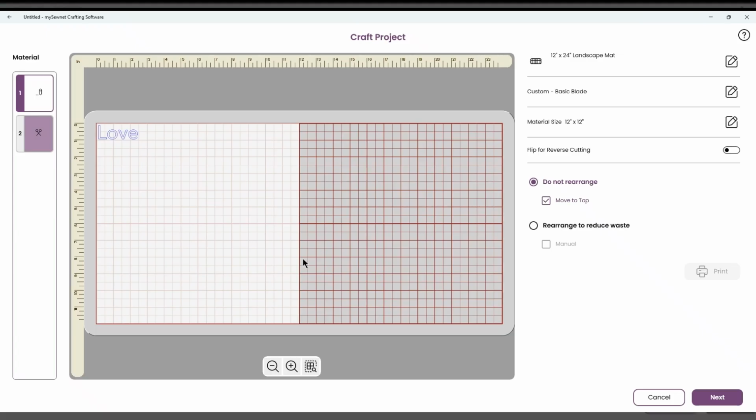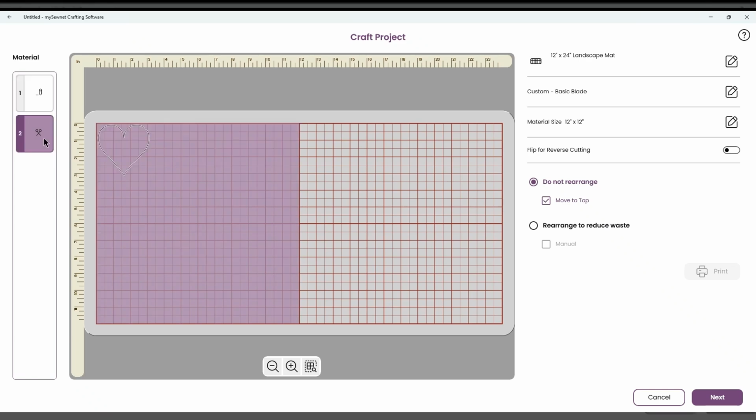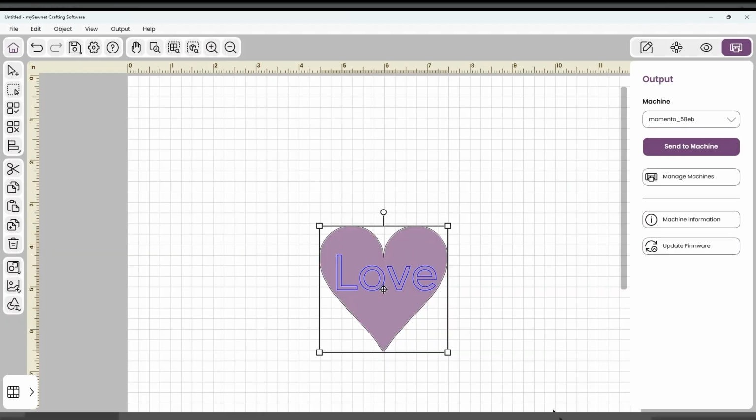And you can see it has broken out my love and my heart into two separate mats. What I would really like to do is write love and then cut out the heart on one mat. So I'm going to hit cancel, and I'm going to go back to my screen, and I'm going to select all,